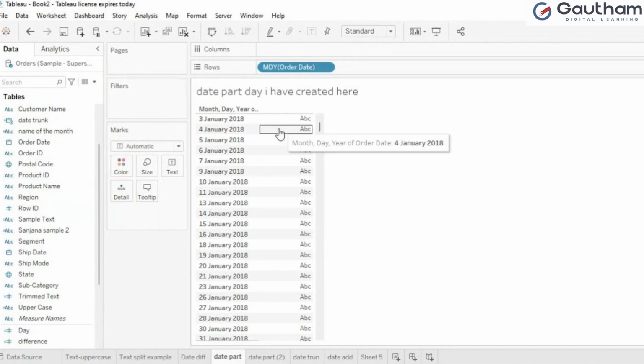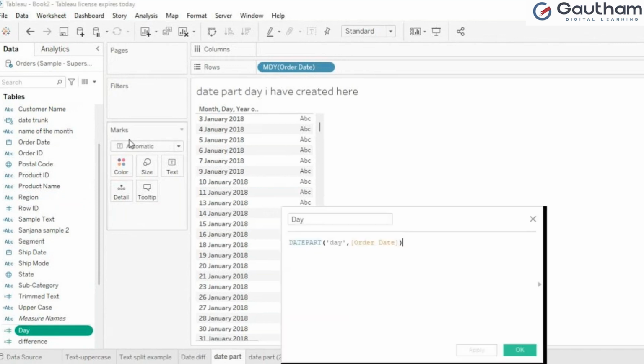So in that case, what I have created is the day calculation. How to get the date, only day. In the date, how to get a date part. Date part means I can get day, I can get month, I can get year. Correct, no? I have got this day, and here I'll show you how to get a month also.